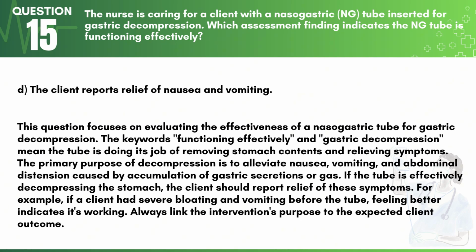Answer: D. The client reports relief of nausea and vomiting. This question focuses on evaluating the effectiveness of a nasogastric tube for gastric decompression. The keywords, functioning effectively, and gastric decompression, mean the tube is doing its job of removing stomach contents and relieving symptoms. The primary purpose of decompression is to alleviate nausea, vomiting, and abdominal distension caused by accumulation of gastric secretions